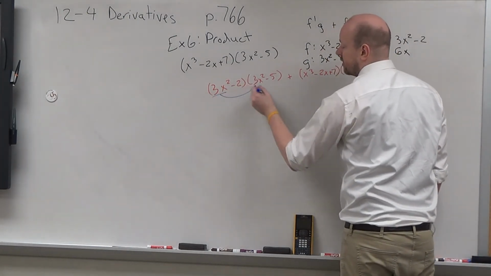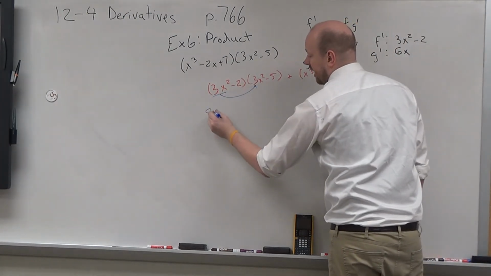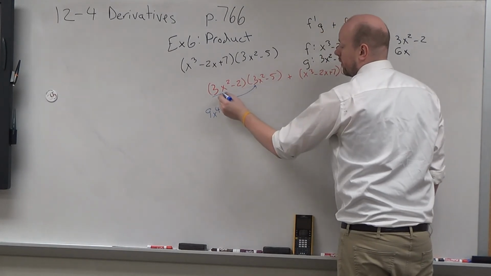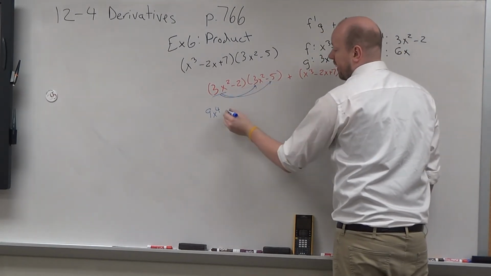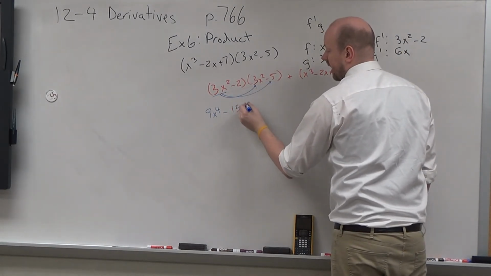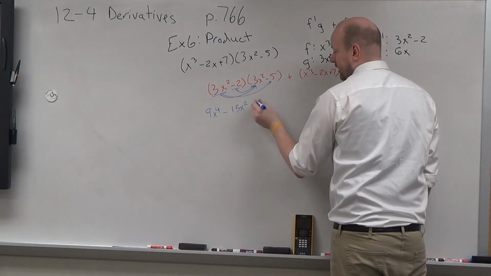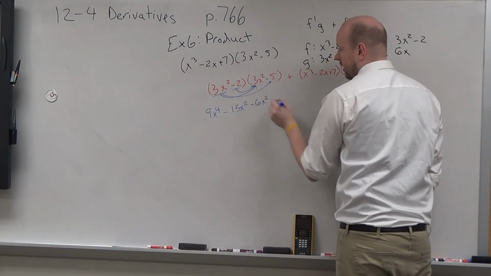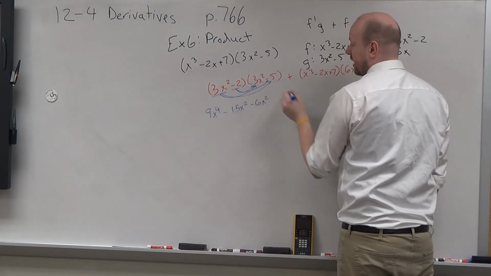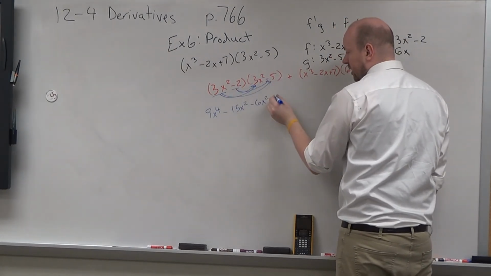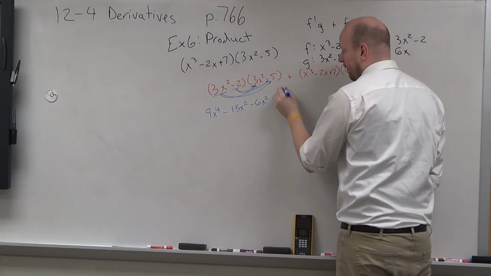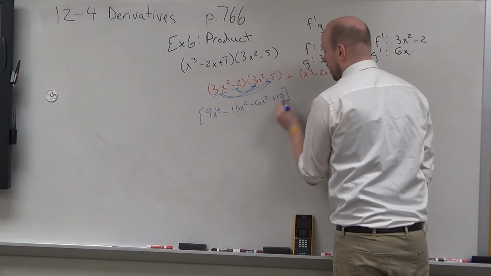3x squared times 3x squared, that's going to be 9x to the fourth. 3x squared times negative 5 is going to be negative 15x squared. Negative 2 times 3x squared is going to be negative 6x squared. Negative 2 times negative 5 is going to be positive 10. Plus